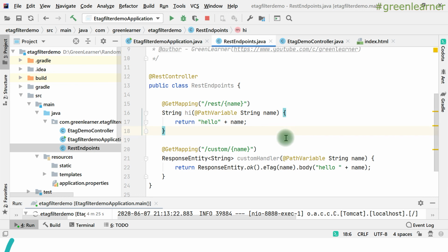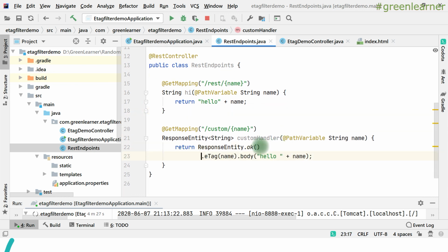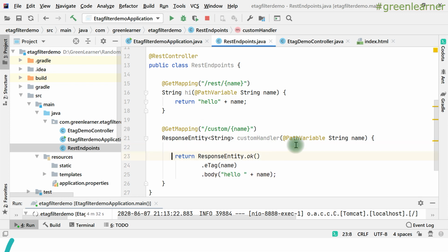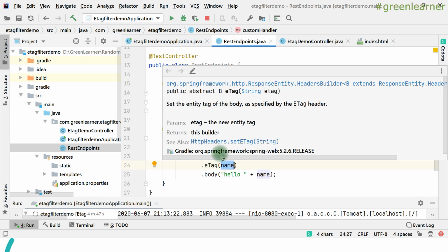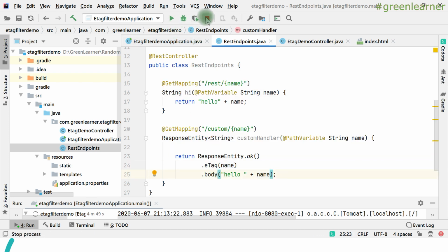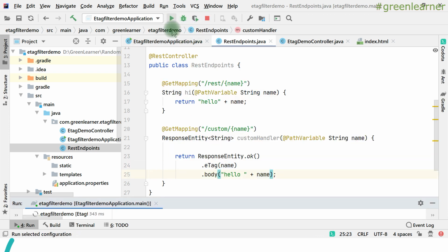This is just an example, I'm taking extremely simple examples, right? So just format it a bit so that it looks nice. So here I am responding with hello name. I am naming. So now ETag generation is custom. It will be according to me. The ETag information will be the name that we are passing. So I can have any logic and pass it here in the ETag, right? So let's restart the application and see this in action.